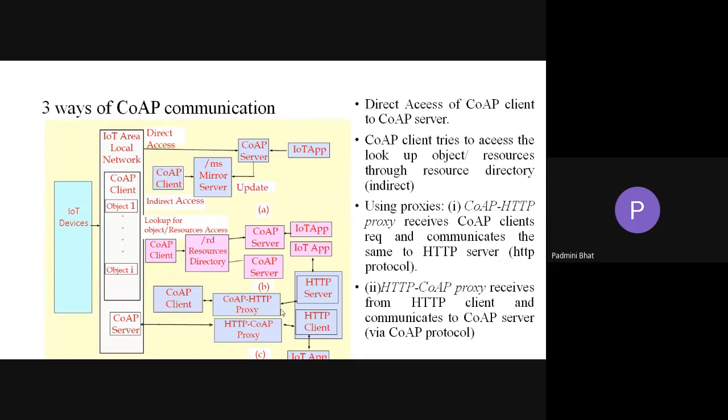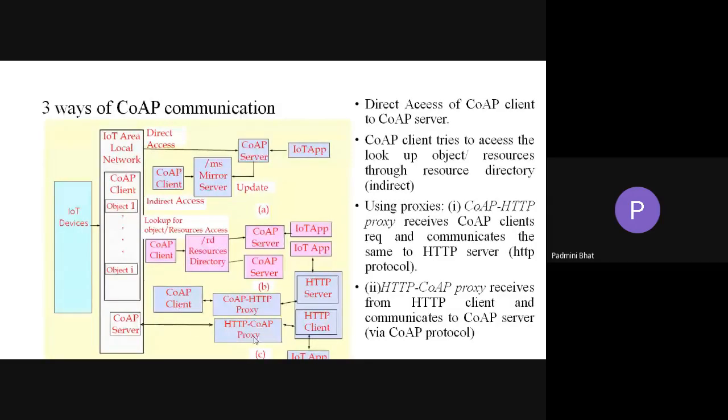Now here actually the change is taking place, because this is a constrained protocol and this is an unconstrained protocol. So the data format has to be changed. That is done here. Once the request is sent accordingly, this runs the application, and the result, whatever is there in the HTTP format, it will be sending to the proxy. Proxy changes it, because where is the destination? Proxy sends it to the CoAP client.